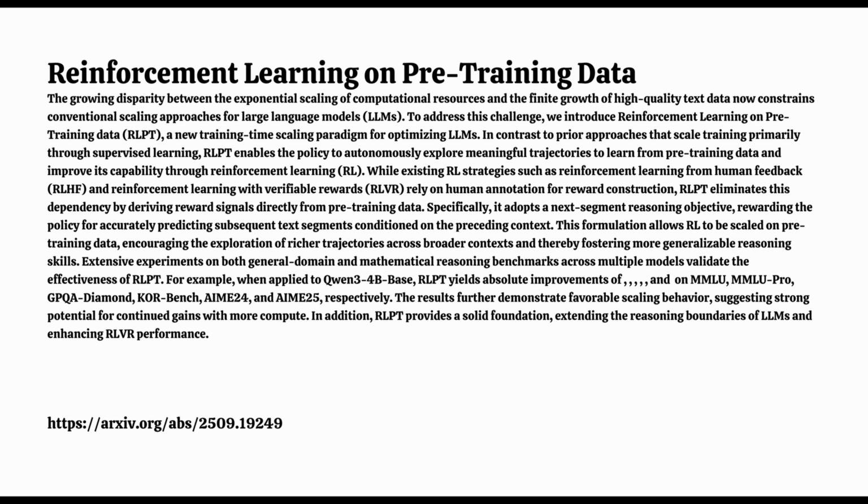Interesting. But there's a step before all this RL happens. They call it the cold start phase. Right. You can't just throw RL at a base model. No, because the RL task itself, this next segment reasoning, requires the model to understand and follow instructions to even begin. So the base model first needs some standard supervised fine-tuning on instruction-following datasets, just to give it the basic capability to understand the task. Precisely. It's like a prerequisite to even start the self-exploration process that RLPT enables.